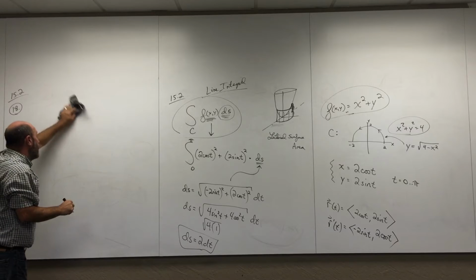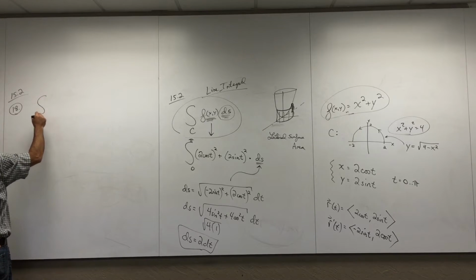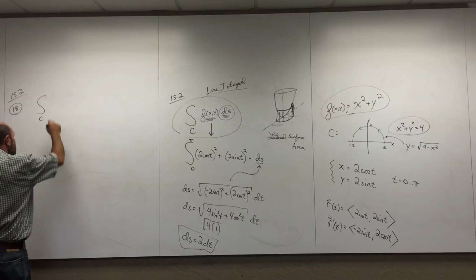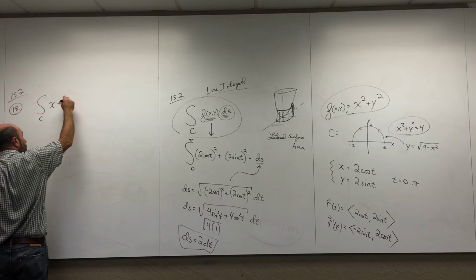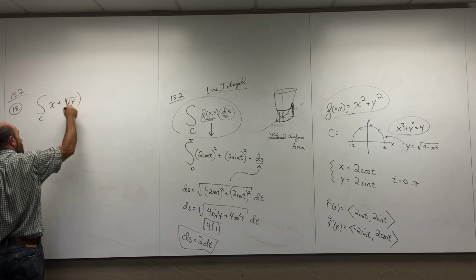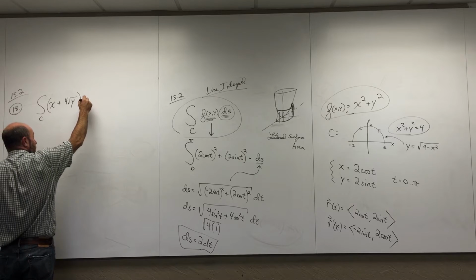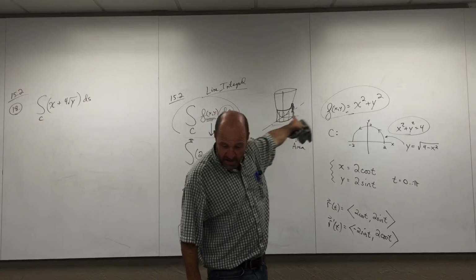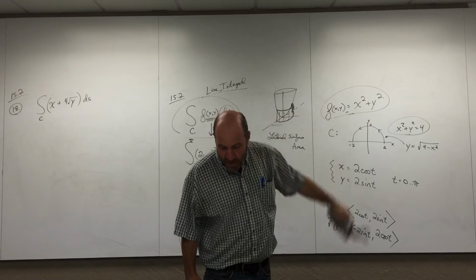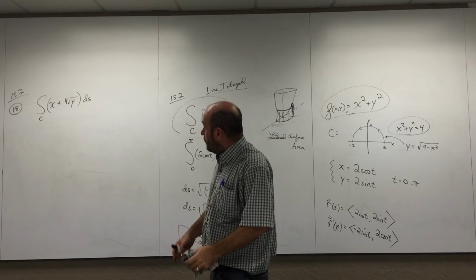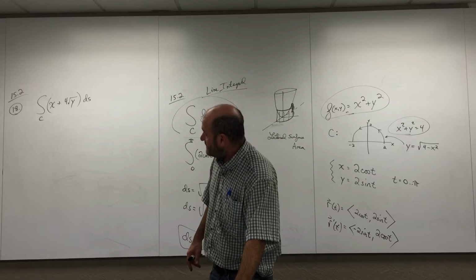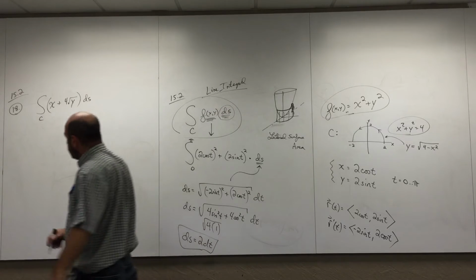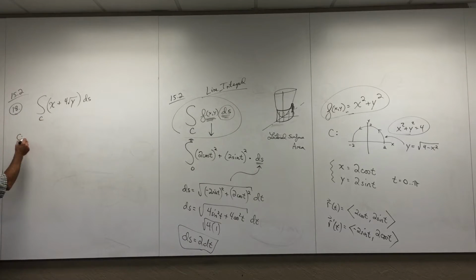It's a tough one. What they want me to do is integrate along a curve. The function they want me to integrate is this. And of course, they're asking me to integrate with respect to s. So it's one of these line integrals again. They want me to do this line integral, and for 18, they describe the curve as this. They say I'm going counterclockwise